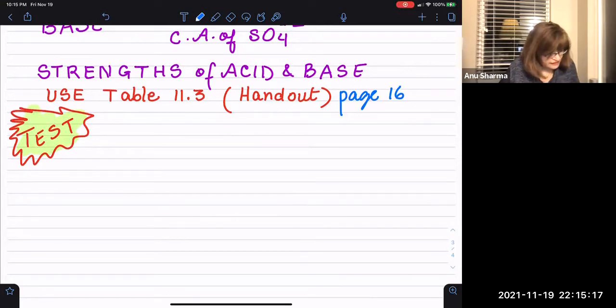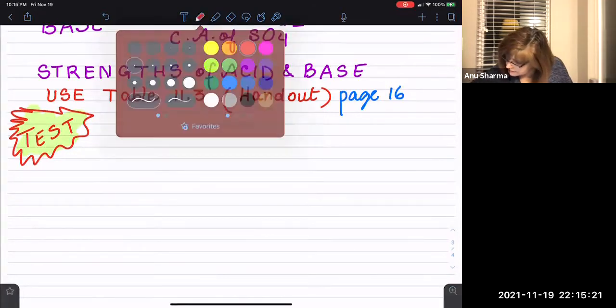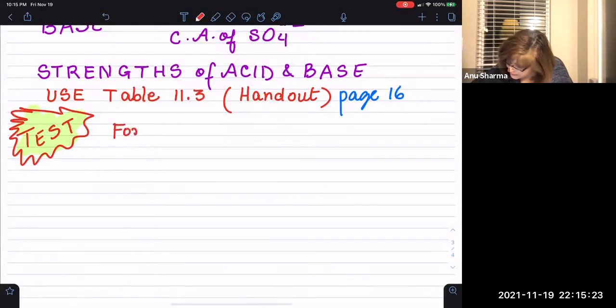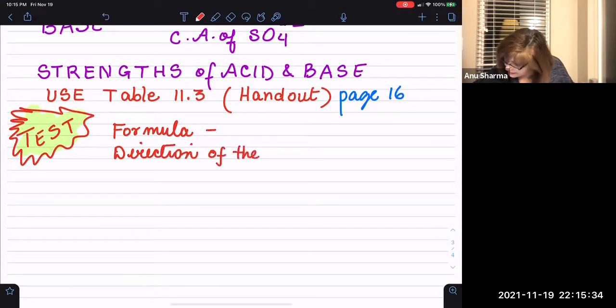The formula is: direction of the equilibrium is